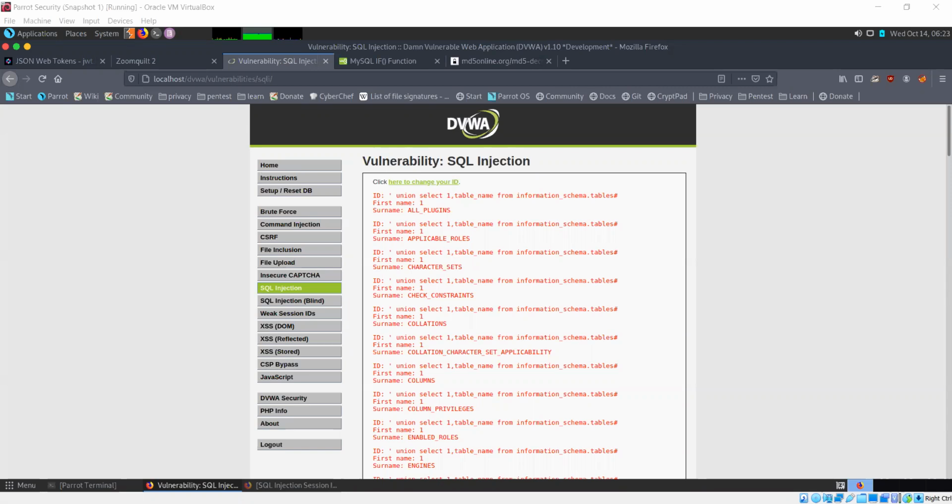Check whether you have Burp enabled. It's enabled, I guess. Yes, intercept is on. You need to turn it off and then try again. Okay. Now I am able to open it.